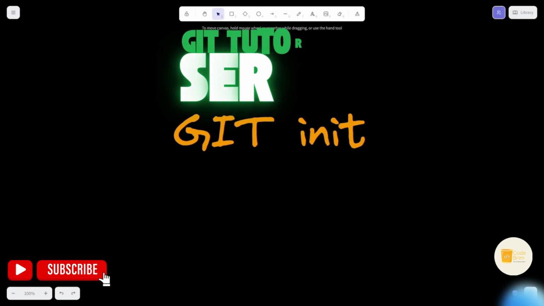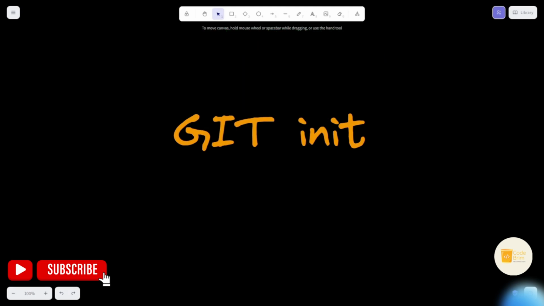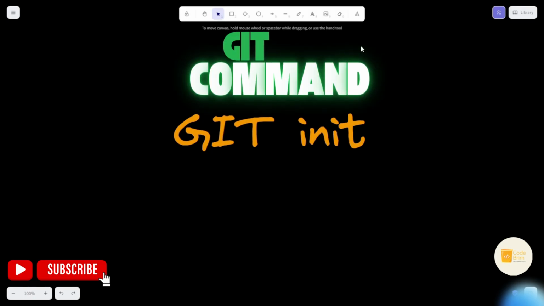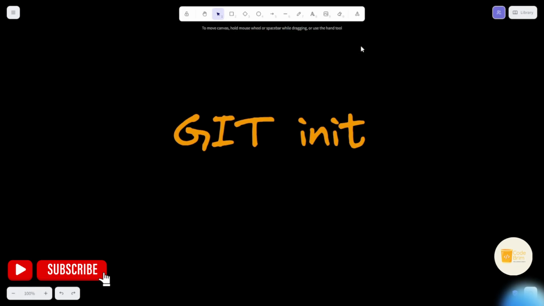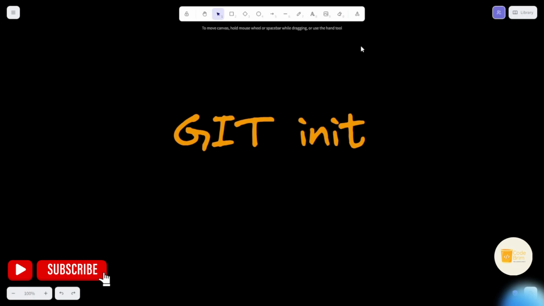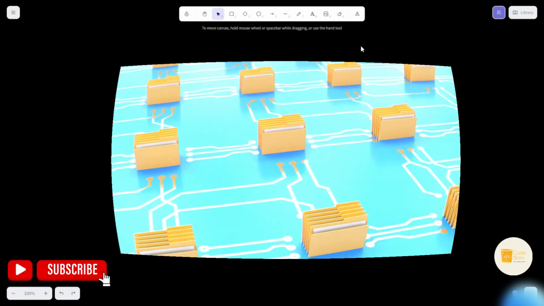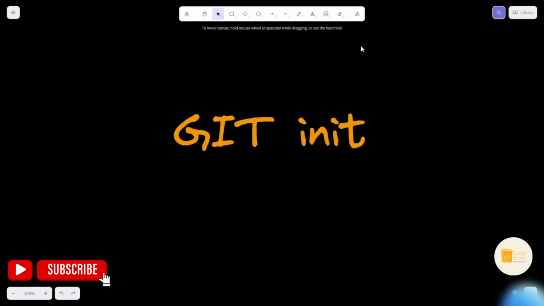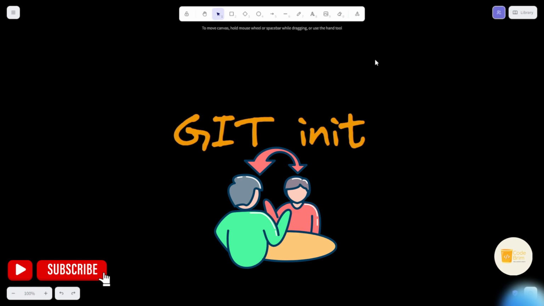So now we are going to learn about Git init. So guys, first of all, what is Git init? Git init is a command used in the Git version control system to initialize a new Git repository in a directory. When you run the Git init command in the directory, Git creates a new subdirectory named .git,